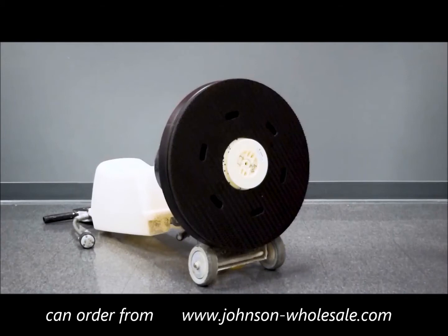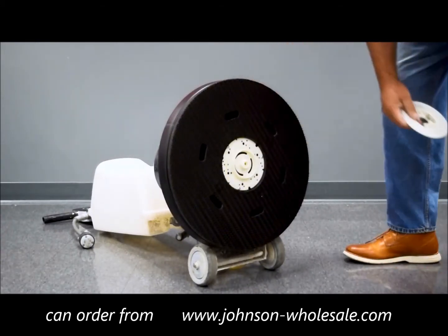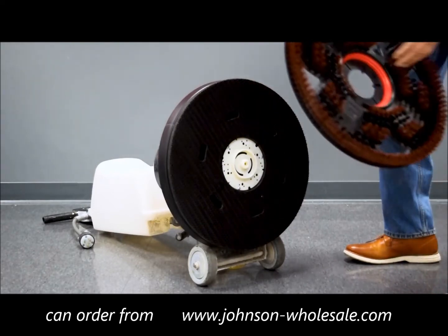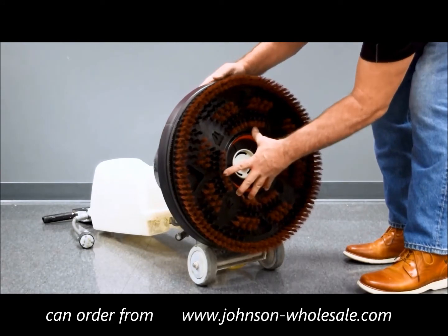Next is a non-tufted pad driver. Here we have the Malish Mighty Lock. First, remove the centering device and expand the flex coupler. Lay the flex scrub on the machine, and this time you're going to want to push down to collapse the